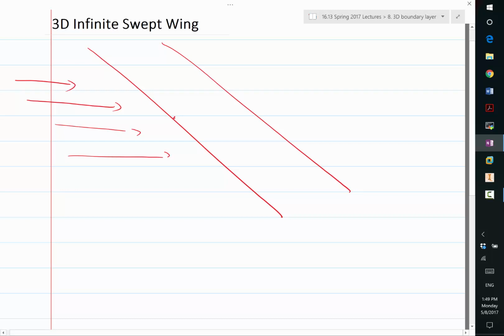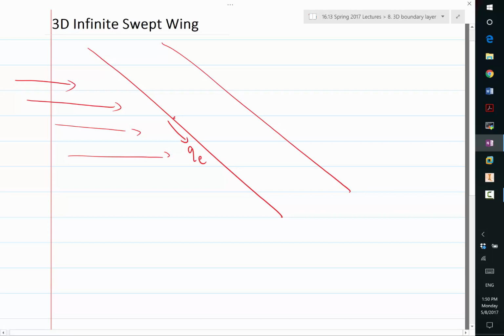What is the Q at the leading edge? It's not zero, right? It's aligned with the sweep of the wing. It's this direction, right? This is QE, in this direction. Okay, so basically, if you consider exactly a 2D case with the same QE, you have a Blasius boundary layer,